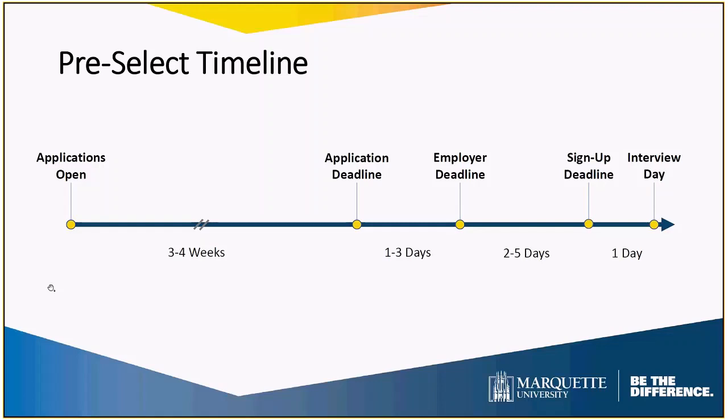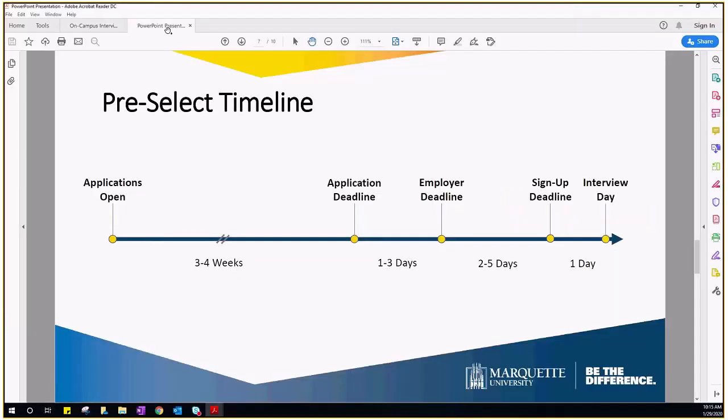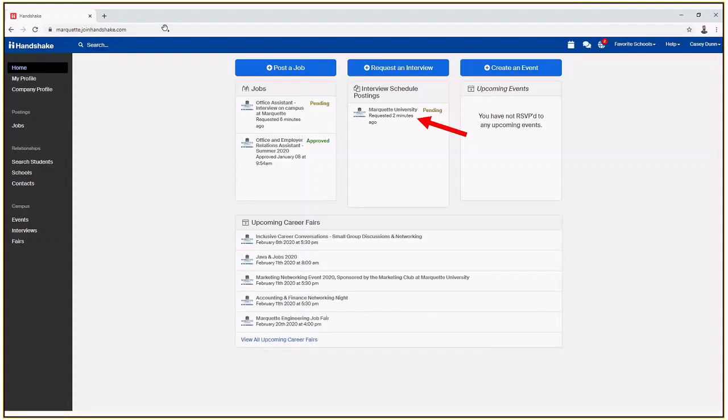And now the plan that I had was to pull up Handshake on my end and walk through it live with you. Our internet is moving a little bit slow today, so I'm going to switch to plan B, which is just to pull up some screenshots that I took. So this is what Handshake looks like. I apologize that you won't be able to see it live, but the screenshots are all there, so we can walk through it together.